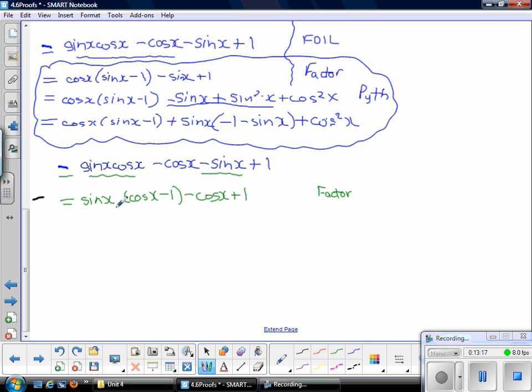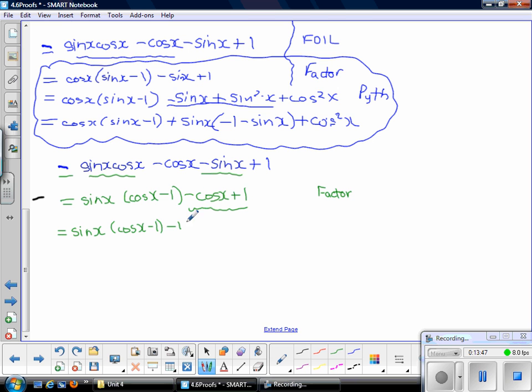Now, on the other side I want to have a cos x minus 1, but I also need to have a sine x minus 1. So actually what I am going to do, because I'm factoring by grouping, is take these two last terms and factor out a -1 out of them. Now you can see why factoring is so important, because it comes in handy even on this stuff that you just love. So when I factor out a